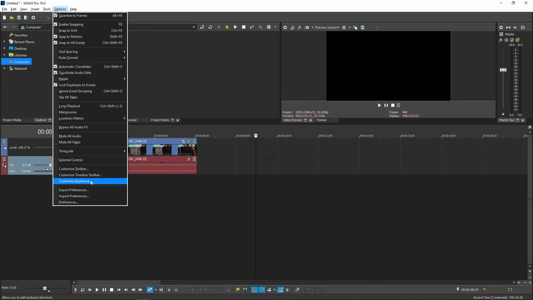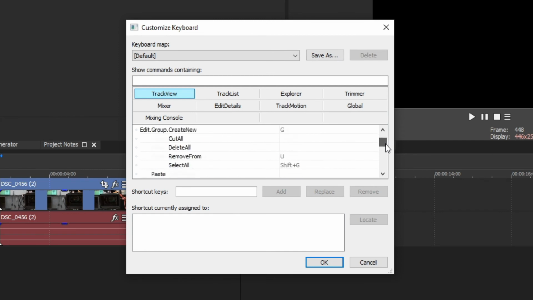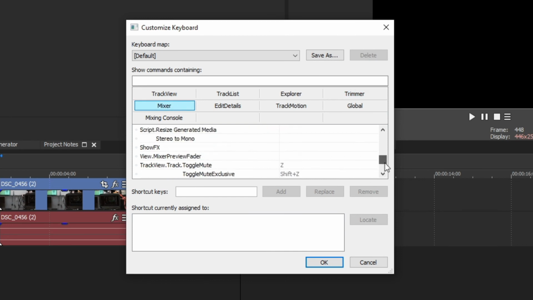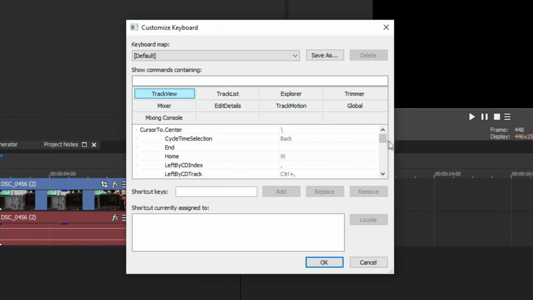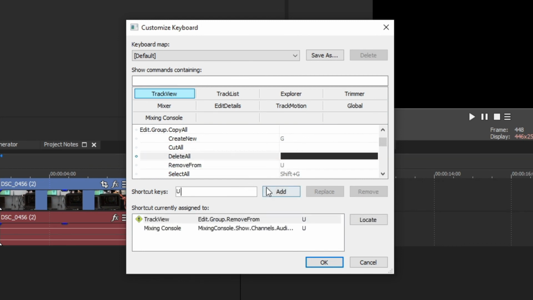Lastly, we have the Customized Keyboard setting. This lets you decide which keys you want to turn into a shortcut and what action it will do. You can do this to help you remember the keys better, or if you were used to a different set of shortcuts from another editing software. But since Vegas already has its own default system, it could get confusing quickly. If you accidentally assign an action to a key that already had a default action, it would unbind the original action and set it to your new one, leaving the original action without a shortcut anymore.